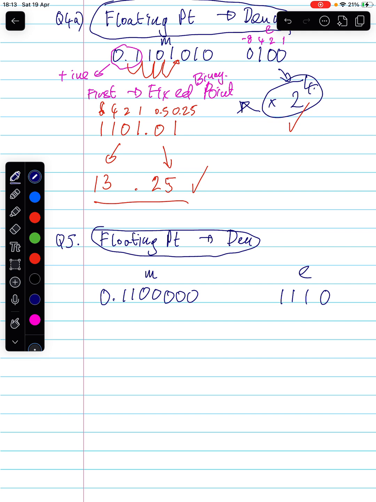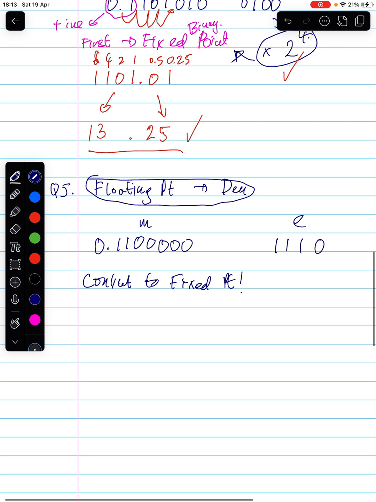So the first thing we're going to do is convert to fixed point. Okay, that's our stepping stone to converting it to denary. Okay, so we're going to do that. So